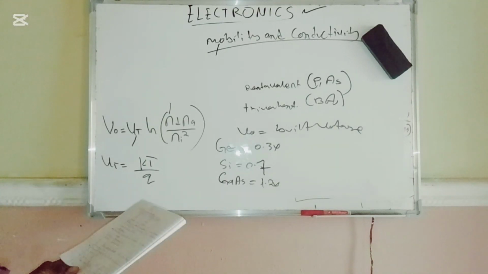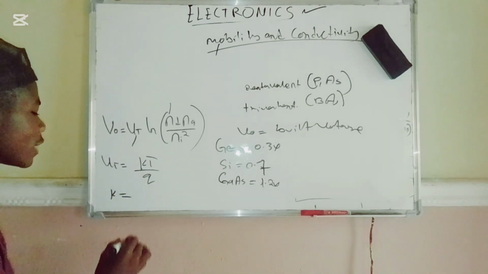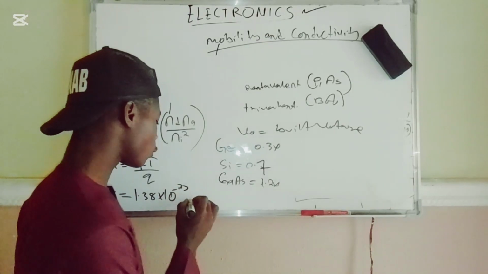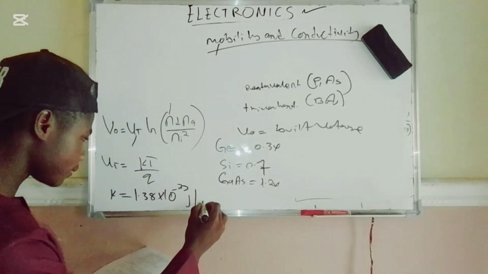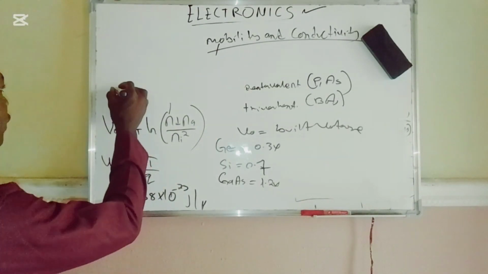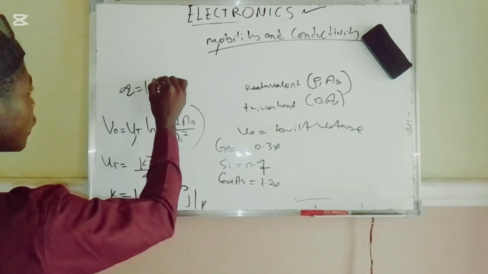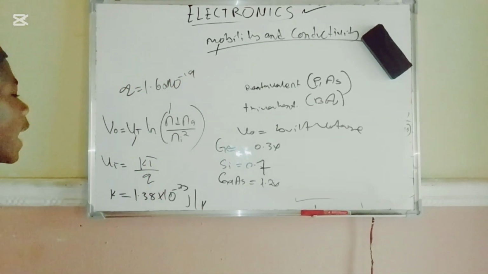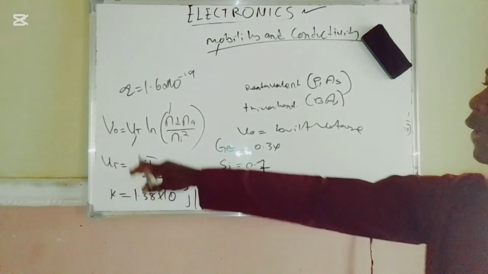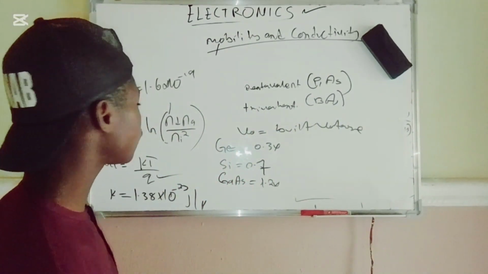The next thing I want you to know is the value of K, the Boltzmann constant, which is 1.38 times 10 to the negative 23 joule per kelvin. The value of Q, the charge, is 1.6 times 10 to the negative 19. So this is the built-in voltage V0, which equals the thermal voltage times the natural log of ND times NA divided by